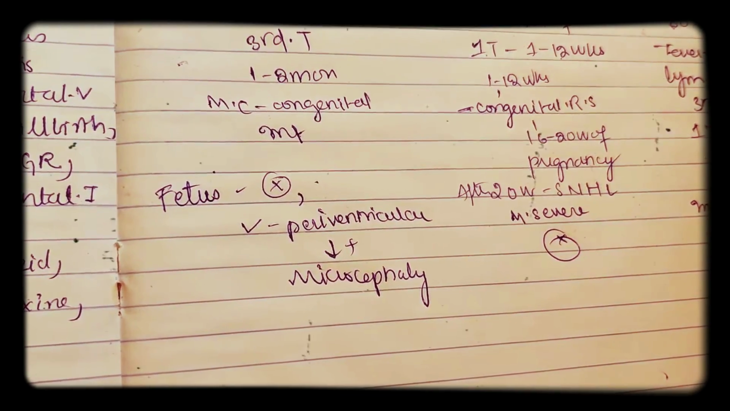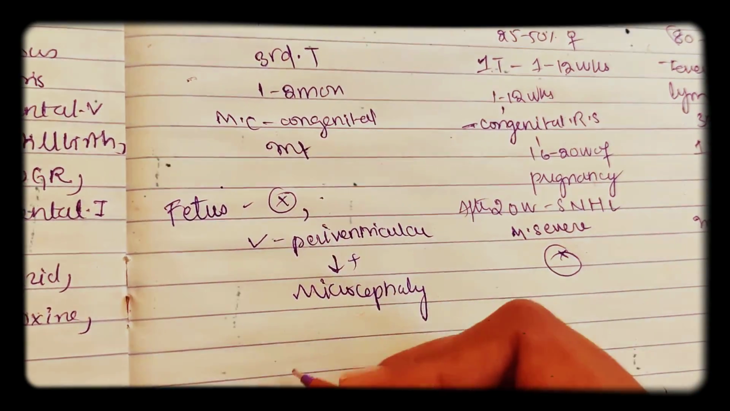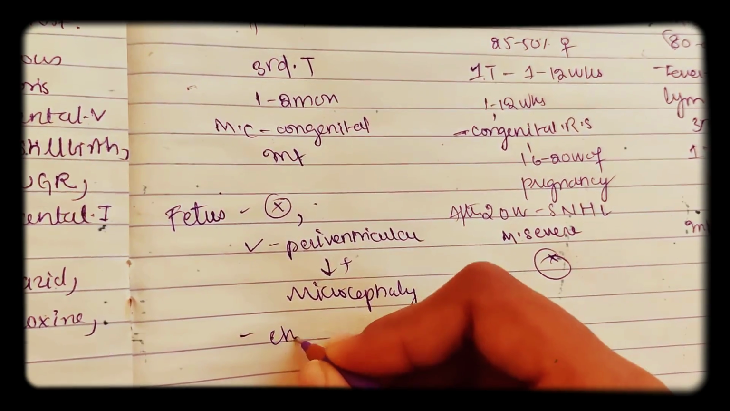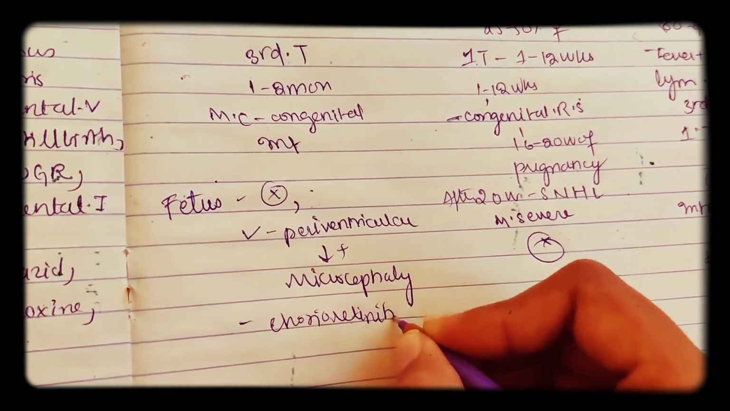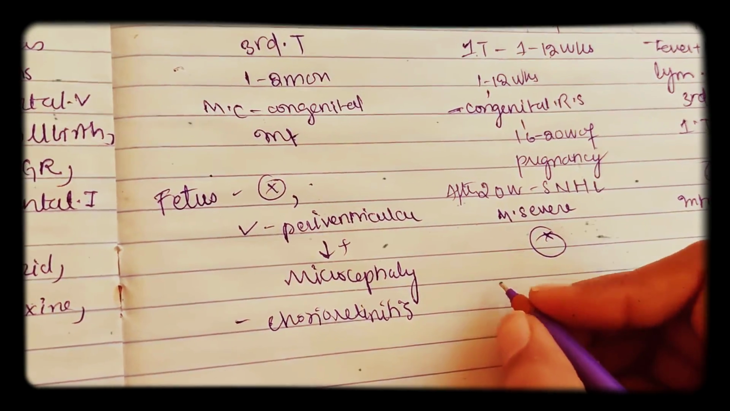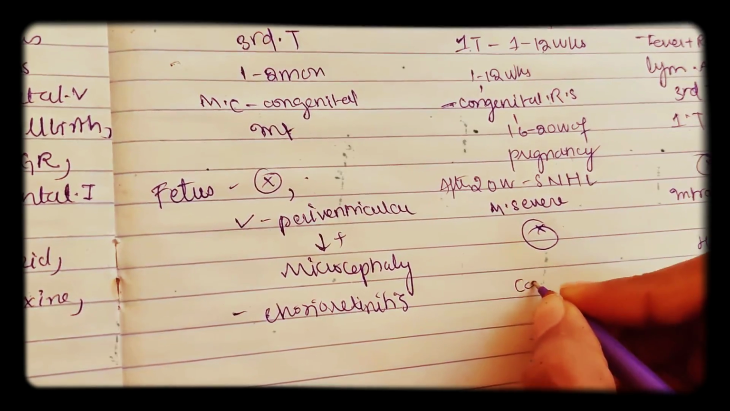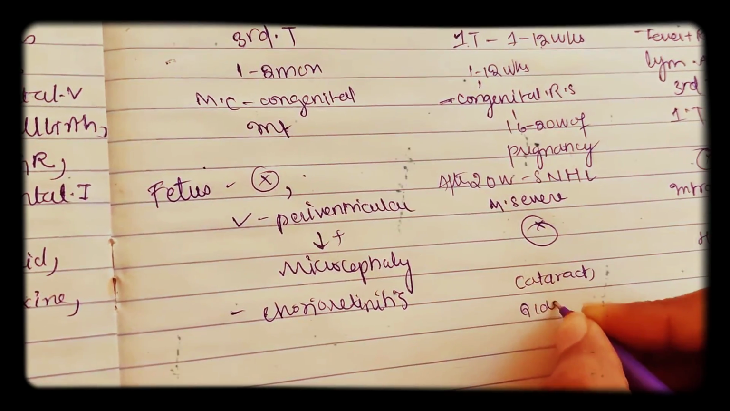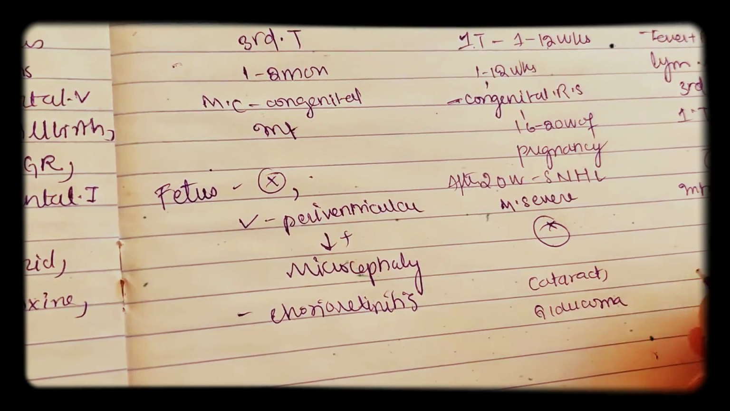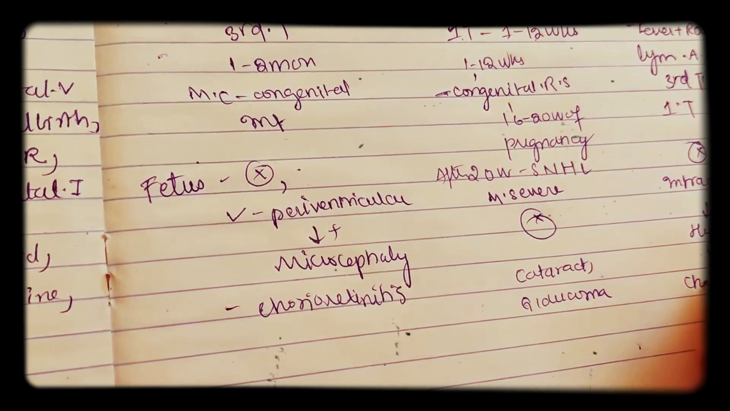Now coming to the eyes. If you see the eyes in CMV, they have chorioretinitis. In the case of rubella there is cataract and glaucoma. Cataract and glaucoma are seen in rubella, whereas there is chorioretinitis